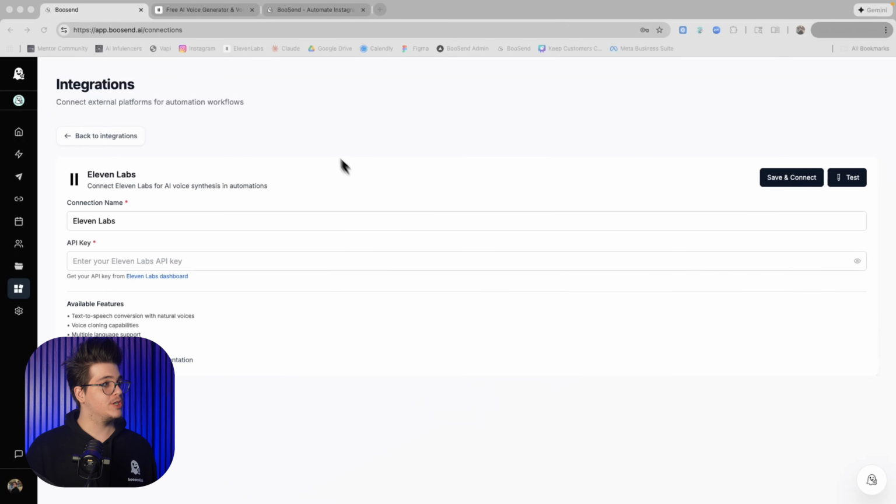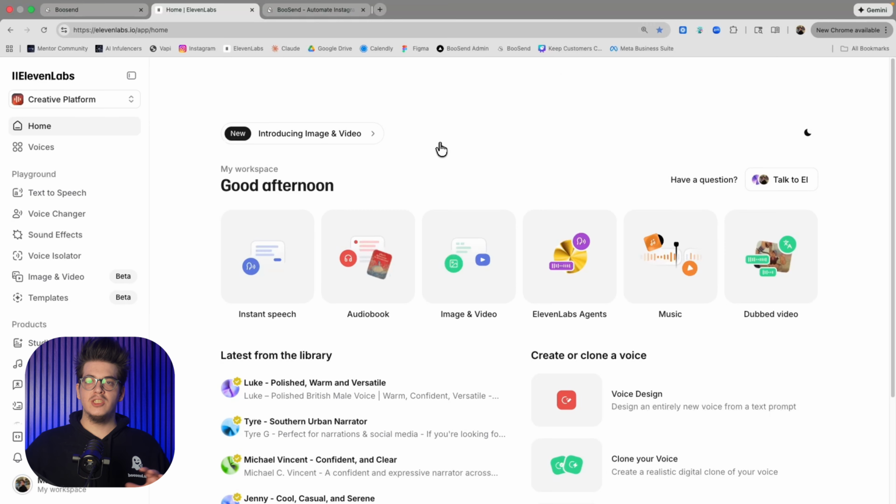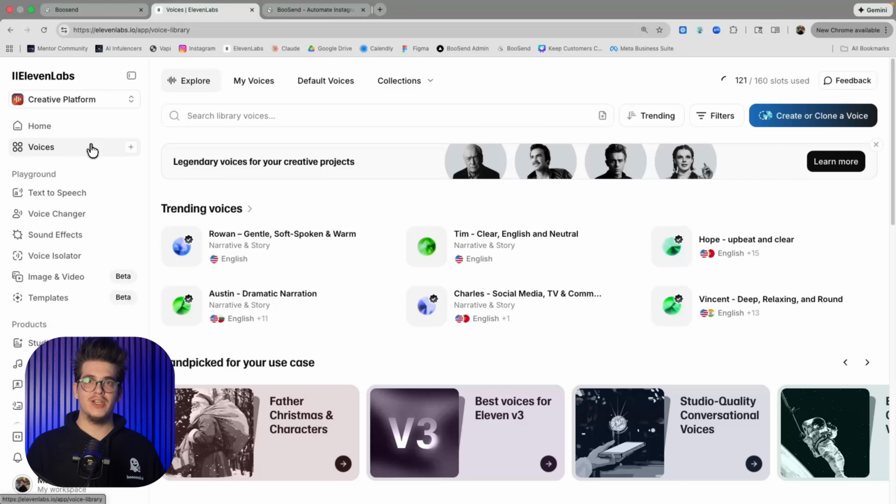So what you're going to want to do is first go over to ElevenLabs.io, and you're either going to sign up or log in with your account. Now, once you've logged in inside of ElevenLabs, you're going to have to do two different things. The first one is you have to create or find your voice. Now, if you want to find or create a voice, all you have to do is press on Voices. And now inside of here, you will see all of the voices that you have available within ElevenLabs. All of these are publicly available voices that you can use as sales representatives, for example, inside of your Instagram